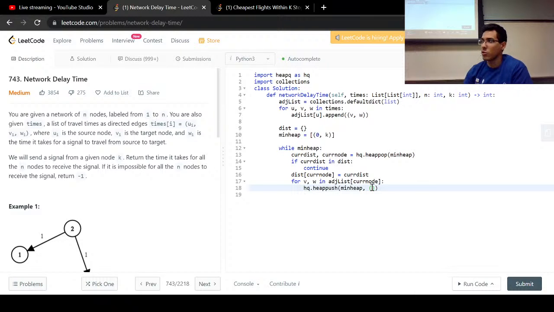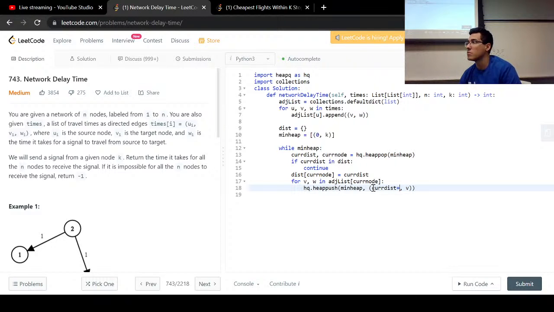The tuple of things we want to add, like here. So the tuple, we take inspiration from the first one we did, which was distance 0 and node k for the first one. Now I want to add to current node, right? Well, the second is the node itself, the adjacent node. But now we want to add current distance